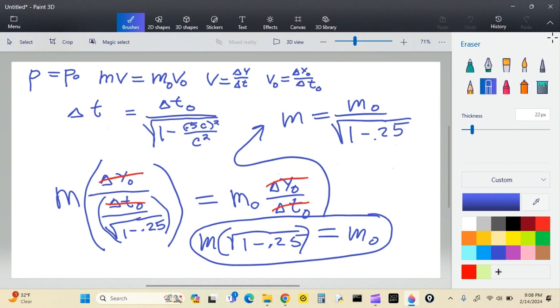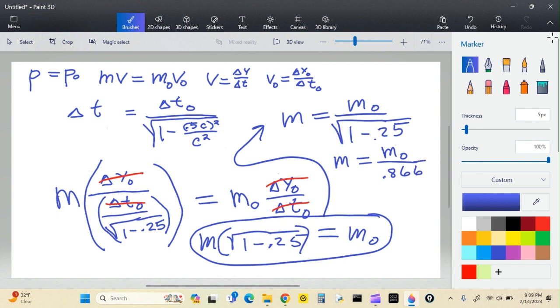Okay, this is going to be mass equals, now this is the mass that red man sees, or this is the mass that red man thinks is going on with green man. So green man's rest mass, oh, I introduced a new term, rest mass, over, I did the calculations in here, and this is 0.866. So what does that make the rest mass?